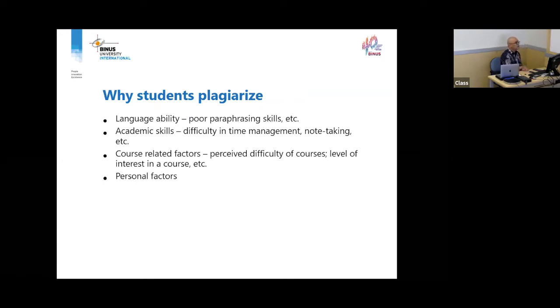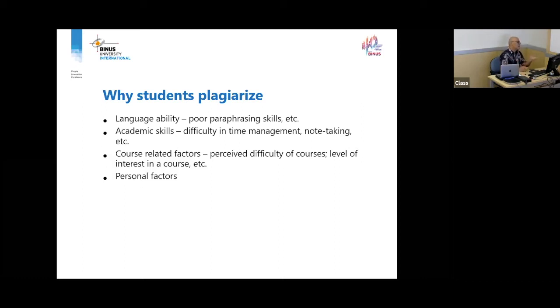So sometimes plagiarizing can be a result of a lack of time management on the part of students, right? Okay, and I feel like the course is too difficult for me, the level is too high for me, I'm not interested. Okay, I'm not going to make an effort. Yeah, I'll just pass whatever I copied from the internet.